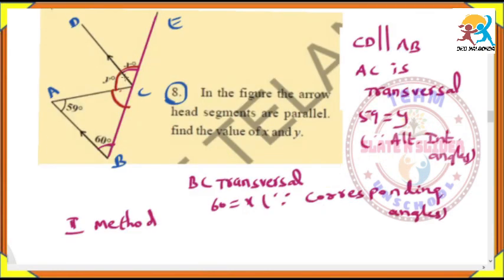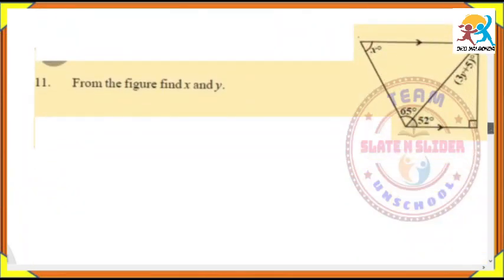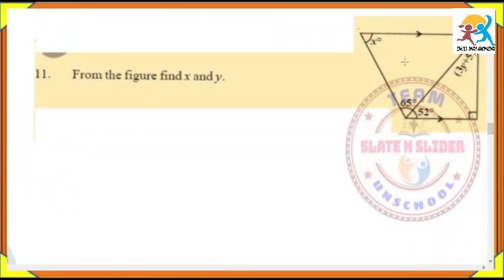We will go through the next one, the 11th one. From this figure we have to find out x. So I will write the names A, B, C, D, and AB is parallel to CD. AC is the transversal, BC is the transversal, and AD is the transversal. Suppose we take AD as the transversal, then